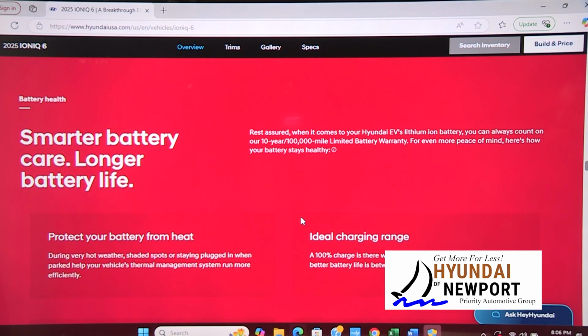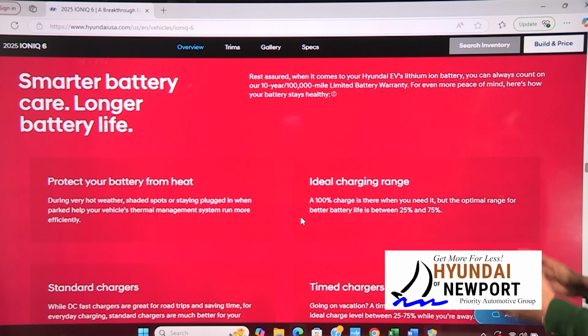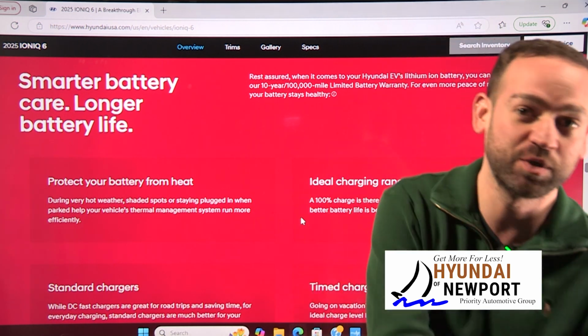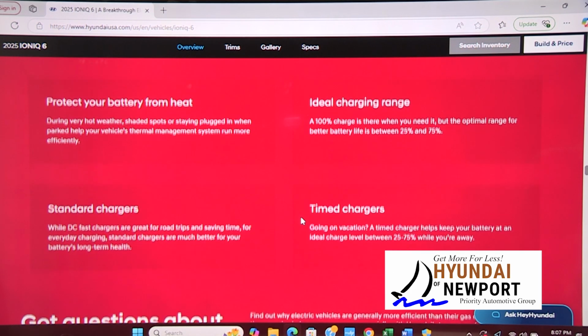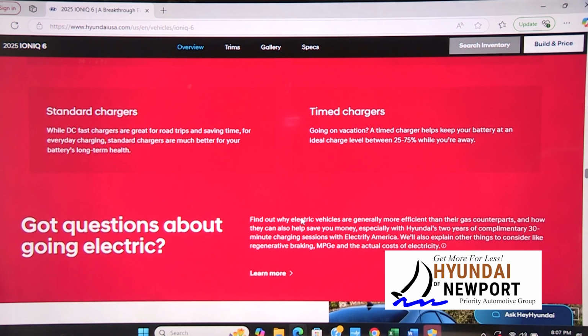So Hyundai has what they call a smarter battery. It's called Smarter Battery Care, and it gives you longer battery life. And they have a lithium-ion battery that you can count on their 10-year, 100,000-mile warranty for. So the ideal charge range for one of these, the optimal range, is between 25% and 75%. The batteries don't like to be super depleted or super full for their life. So if we go down here, standard chargers are great for road trips, and then we have the timed chargers